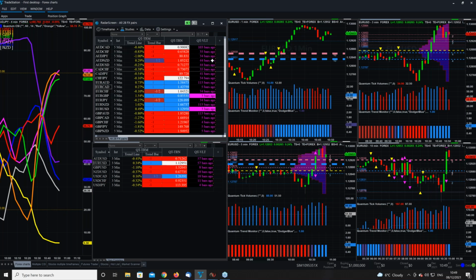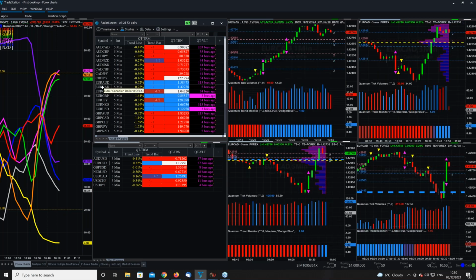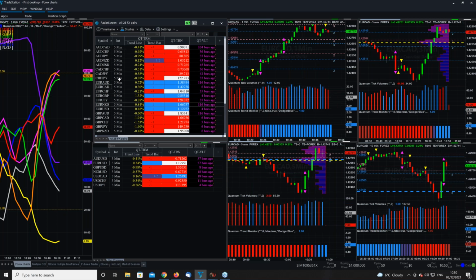So basically, we've got the volatility indicator running down here in this particular column. And then we've got the quantum trend monitor with the trend bar and the trend line, and we've got the trend dots here. I haven't got the trend dots on. But what it gives you is an immediate heads up as to what's going on. If we look at EuroCAD, click on EuroCAD, because 5 bars ago on the 5-minute time frame, and you can have these any time frames you like. I just happen to set them to 5 minutes. You can have different ones as well. You don't have to be limited to one particular time frame per radar panel.